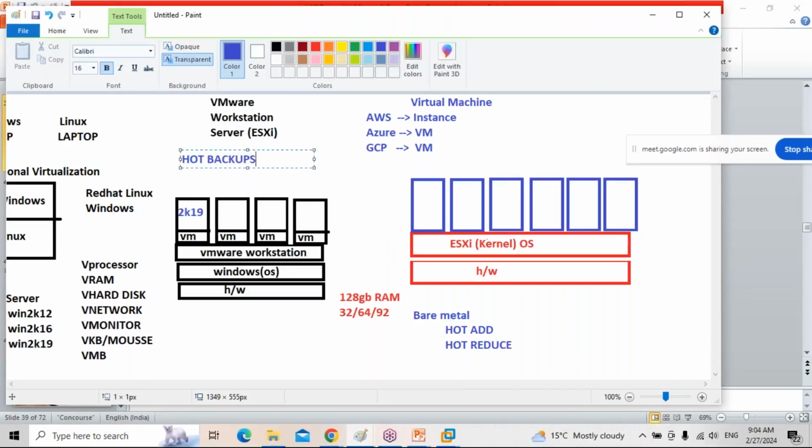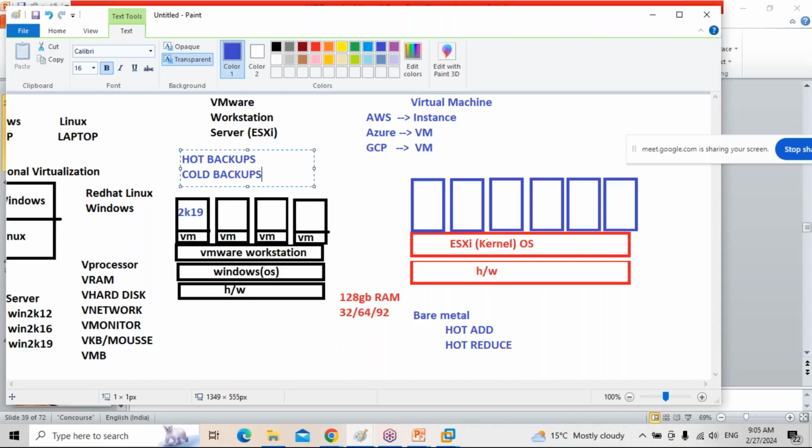There are two types of backups, hot backups and cold backups. Hot backups means when the server is up and running, applications are up and running, when logins are active. At that time, we take the backup. That is called hot backups.